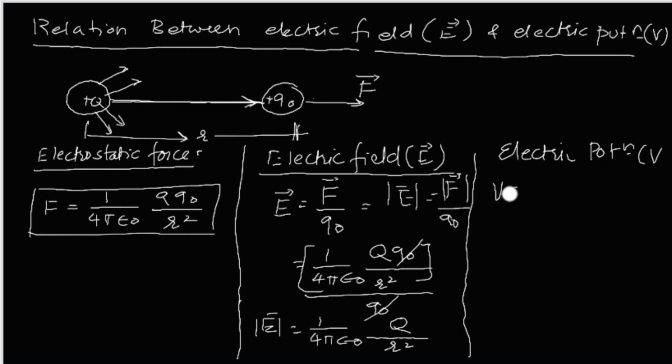It is denoted by V. This is a scalar quantity, and it is work done upon charge, or it is the potential energy divided by charge. Now, what is potential energy? In terms of potential energy, V is equals to